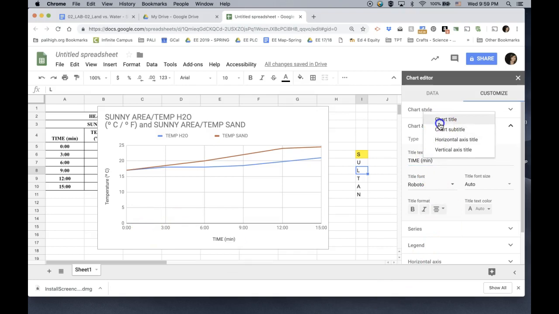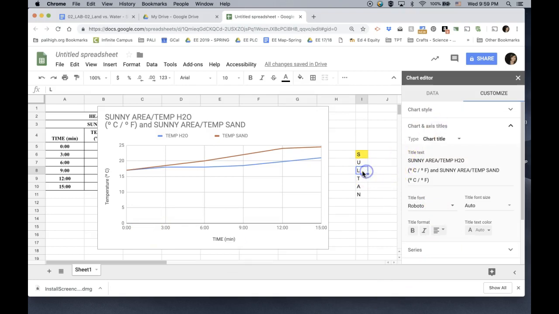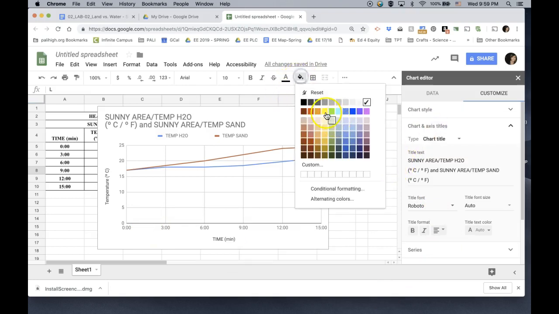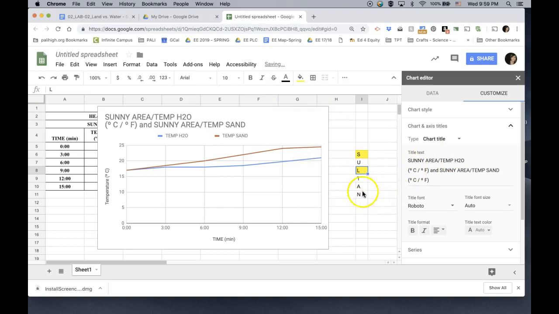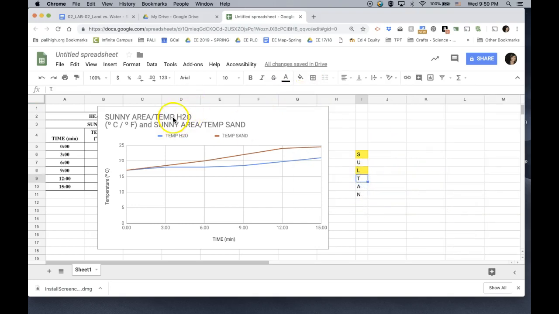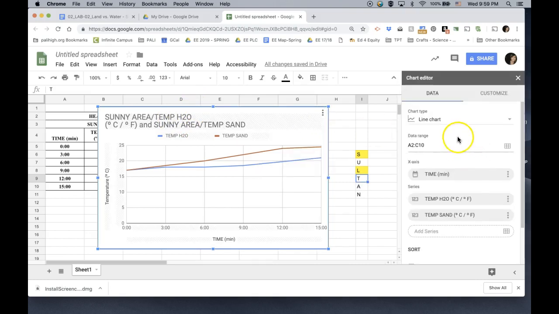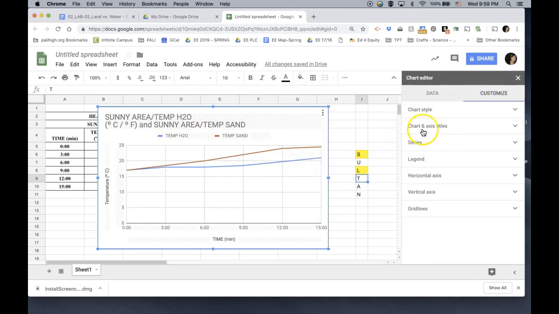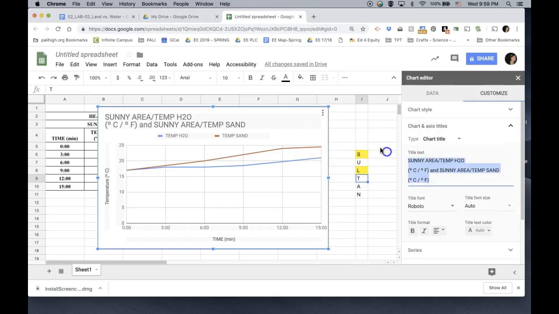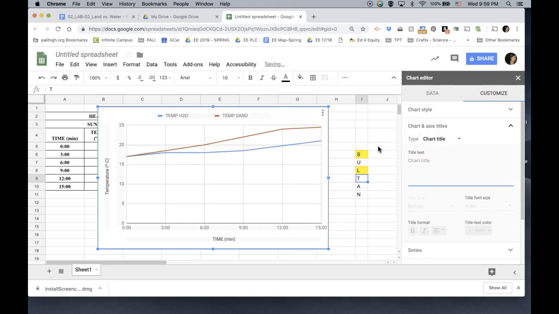Now I need to go back and fix my title. So I'm going to highlight this yellow to cross it off, and now I'm going to go to my title. So for my title, I have to have the effect of the independent variable on the dependent variable. Chart title. Delete all this, I don't need it. Remember, for titles, you capitalize the first letter of all of your big words. So this is going to be the effect of